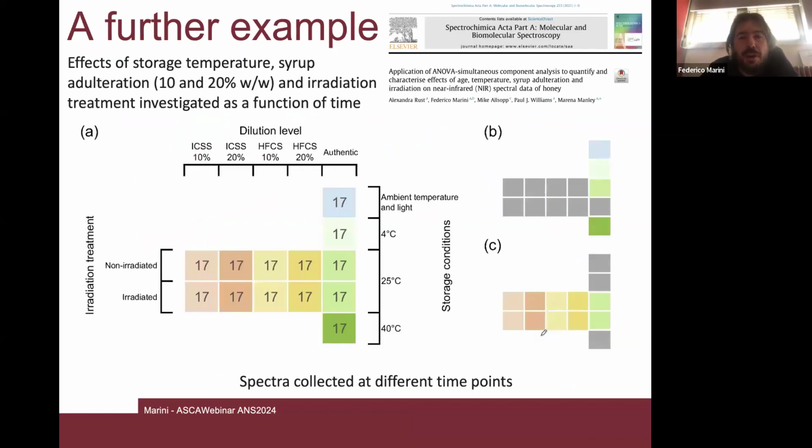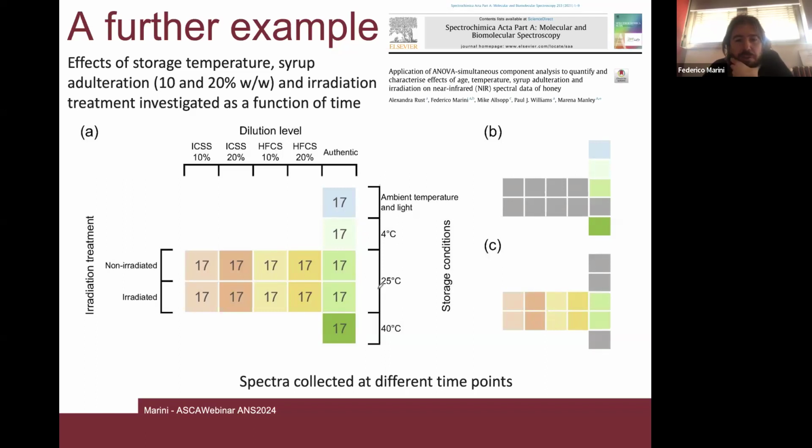It was a very complex study involving control of different factors. It was a study about honey and characterization of honey using NIR, done mostly by the group of Professor Marina Manley in South Africa. So the idea was to characterize the effect of storage conditions on authentic honey samples and to check the effect of irradiation and different kinds of adulteration on the spectroscopic signals of honey